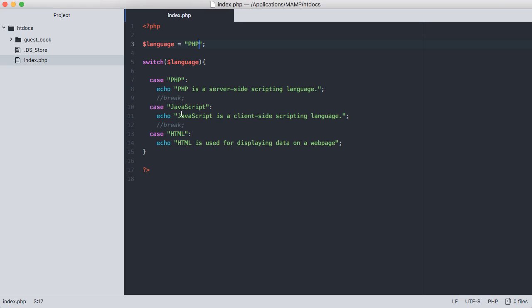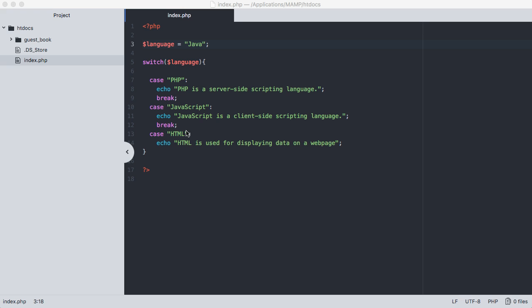So let's go ahead and get rid of these, put these break statements back in. Let's say, for example, we want to enter in something like Java. So let's go ahead and do that. And we come over here and save this and refresh. You'll notice that nothing happens. And that's because we don't have Java explicitly defined in our list of cases here. So what we can do is